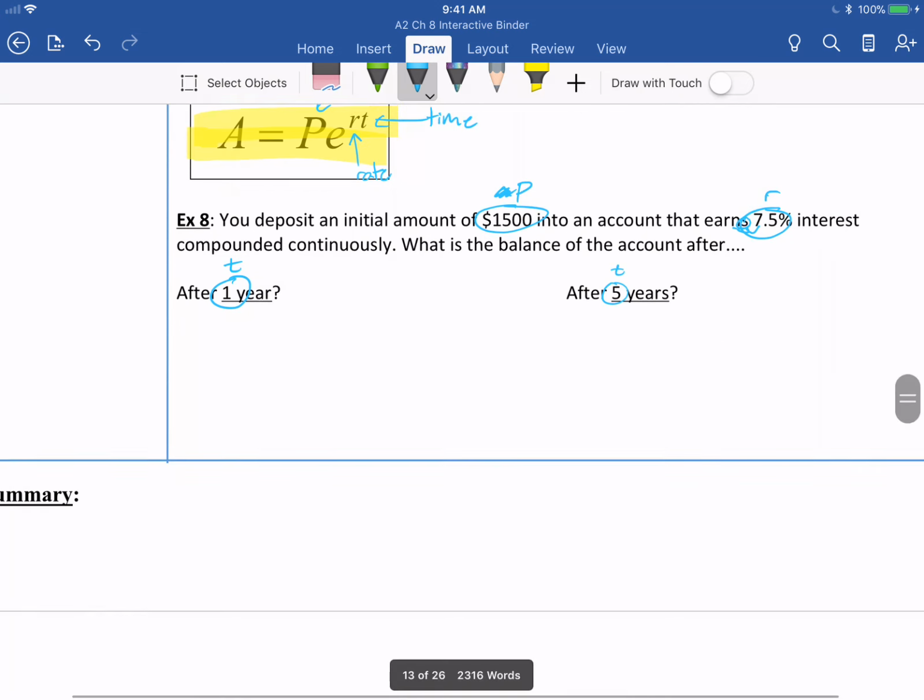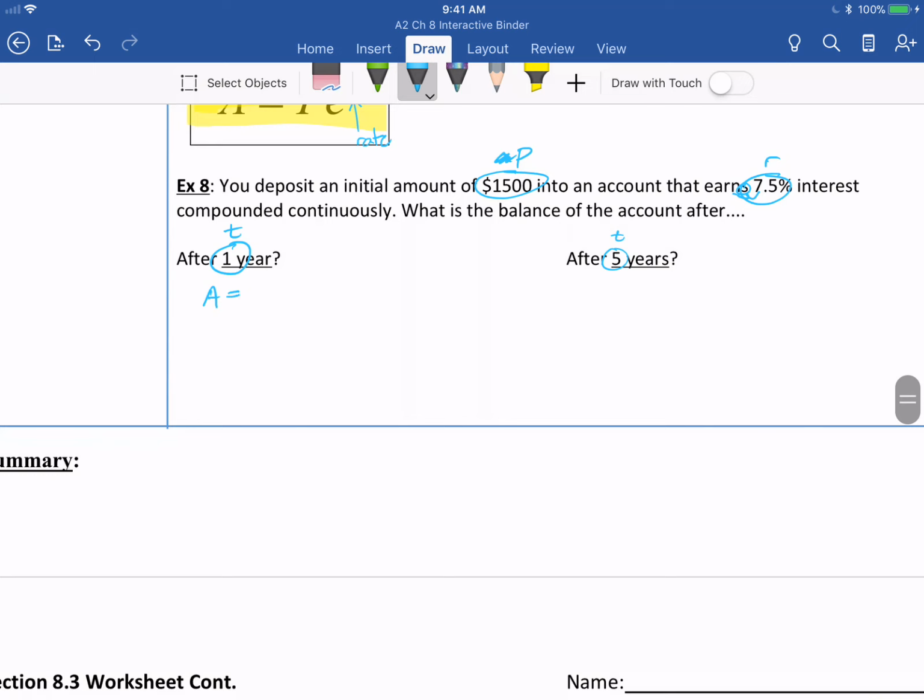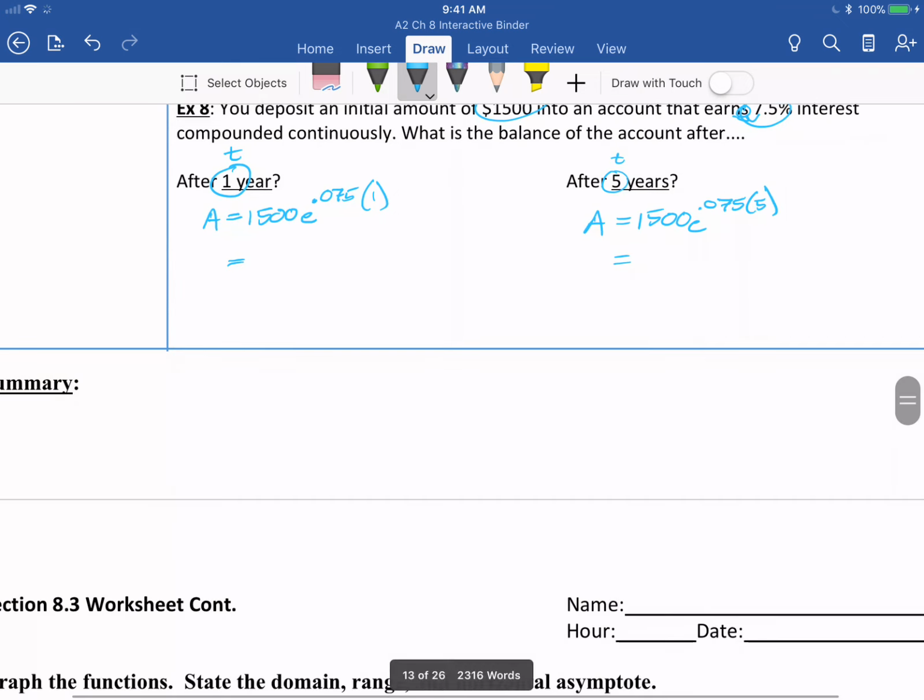All right, awesome. So now I just plug these in. A equals Pert, so I go $1,500, and then e to the r, which is 0.075, and then times my t, which is 1. The other equation is A equals 1,500 e to the 0.075 times 5. Now as I plug these into my calculator, make sure you do this in your calculator first. Always make sure you do your exponents. And you should end up with